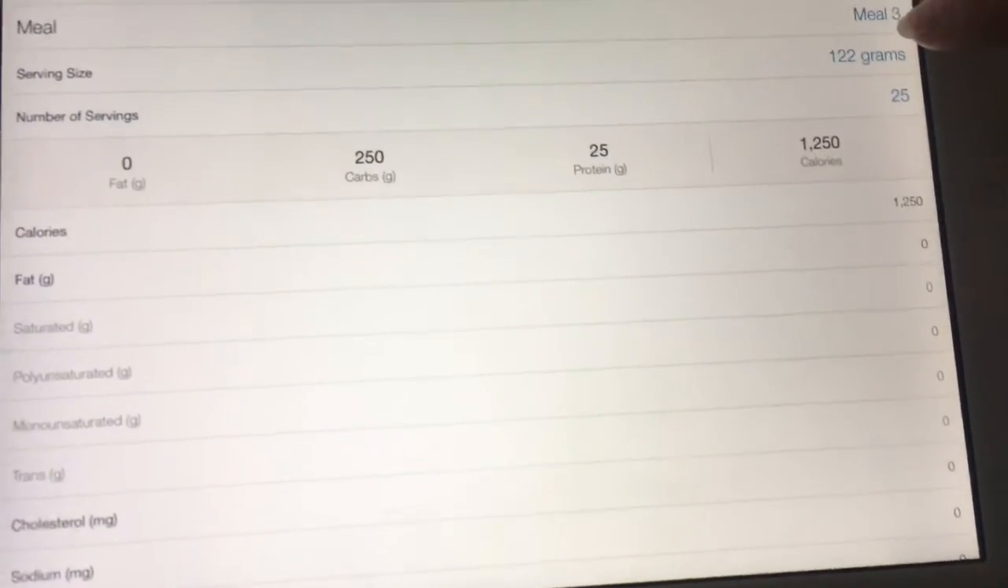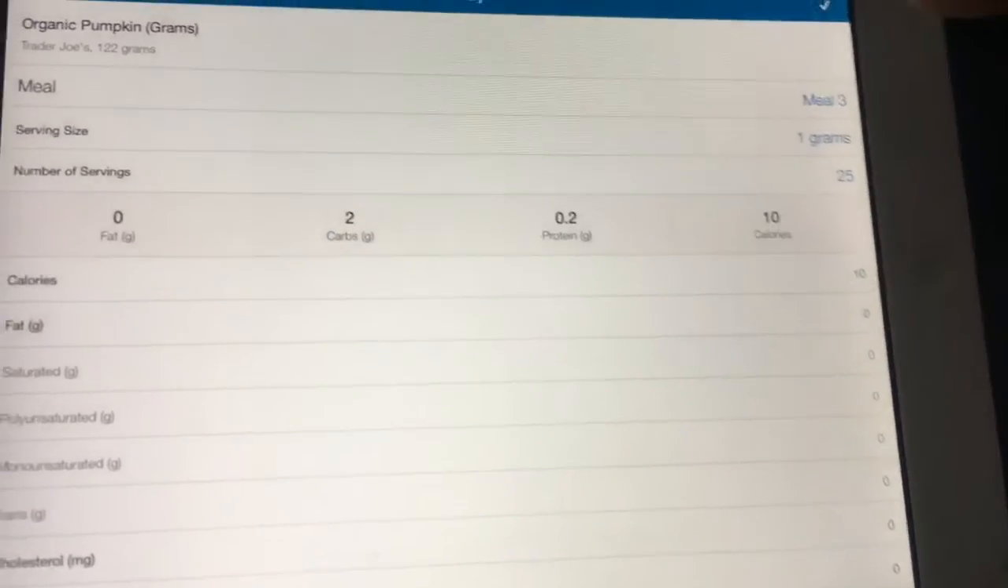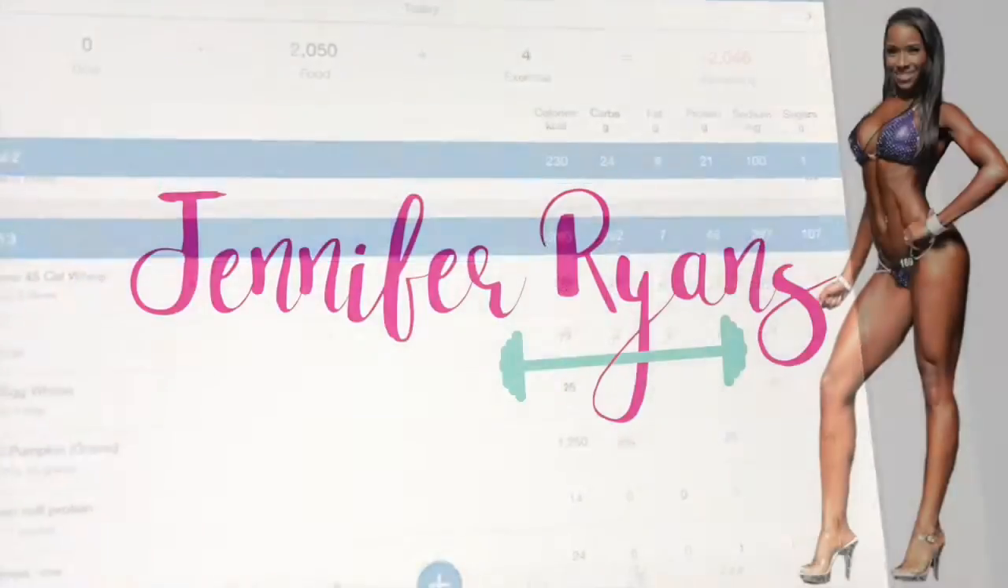Not to 122 grams and 25 servings of that. I need to change this to 1 gram. So change that to 1 gram. And